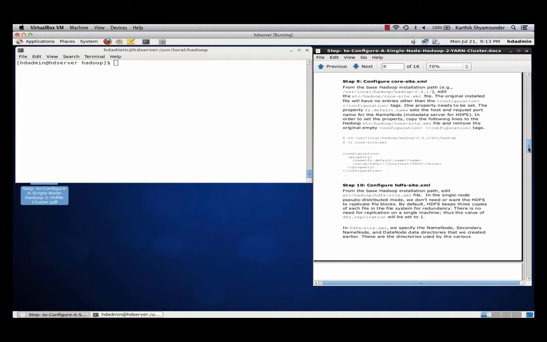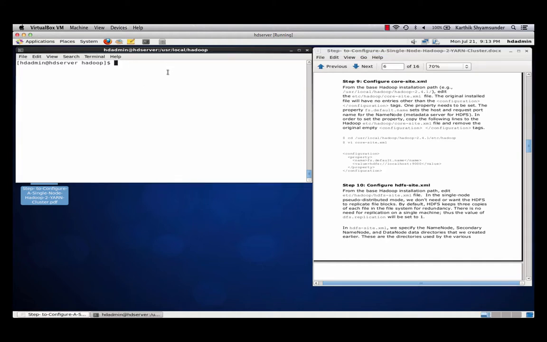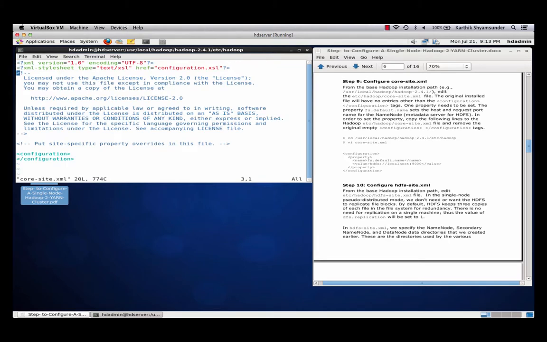Okay, so for that we need to be in the etc/hadoop folder under the Hadoop 2.4.1 installation. Remember I mentioned to you all the configuration files are kept under etc/hadoop. So let's go over there. cd /usr/local/hadoop-2.4.1/etc/hadoop. Let's go to that folder. And we want to vi a file called core-site.xml. That's where the common module is placed. Open the file up,